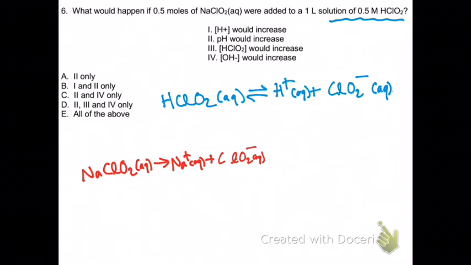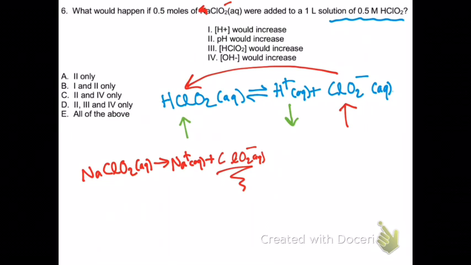What we're interested in is the ClO2 minus. So if we add in this salt, again, it's just a source of chlorite, it's going to increase the concentration of products. Le Chatelier's principle tells us that this will cause the reaction to shift to the left, which will have 2 downstream consequences. First of all, it'll decrease the concentration of H+, and it will increase the concentration of